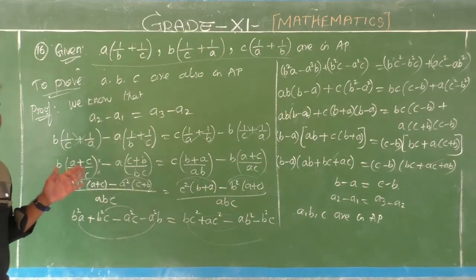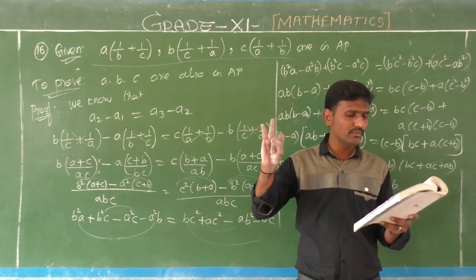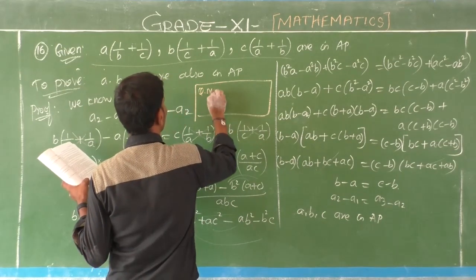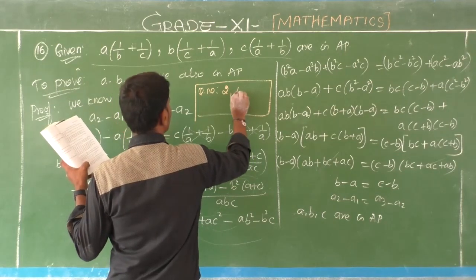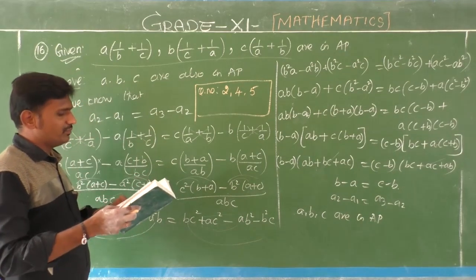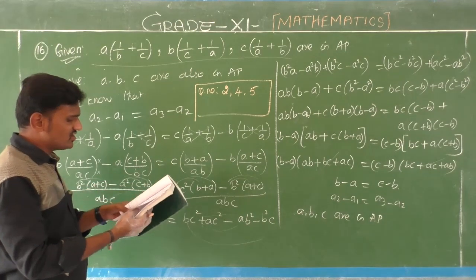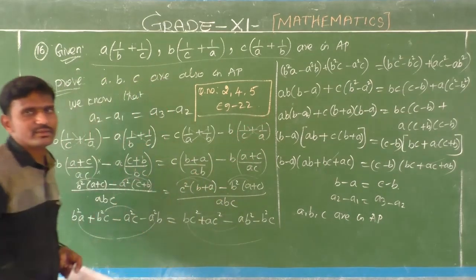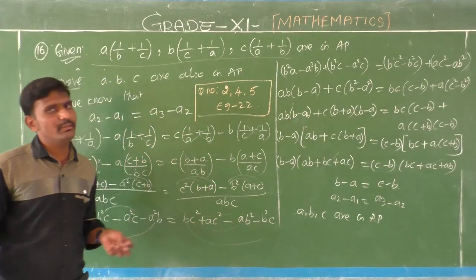So students, complete the homework questions: question number 2, question number 4, and question number 5. So only 3 questions you have as homework today, and the example question is 22. So example 22 also has the same pattern as this. So these 4 questions only you have to complete. So then next class we will meet. Okay, thank you students.